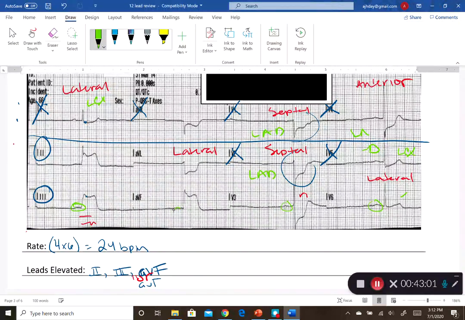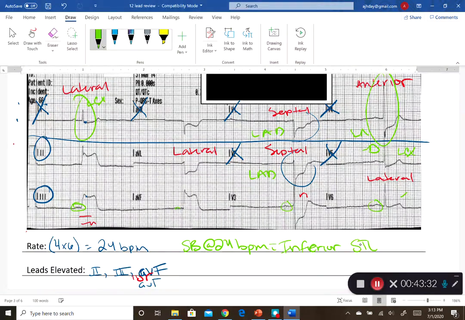So I do have P waves, which means this is sinus, but wow, this is really slow. This is only about 24 beats per minute. Another thing that tells me it's sinus is my QRS is nice and narrow, so I'm not worried about it being ventricular. I would almost expect it to be ventricular when it's this slow, but it's definitely sinus. So I have sinus brady, 24 beats per minute, with inferior